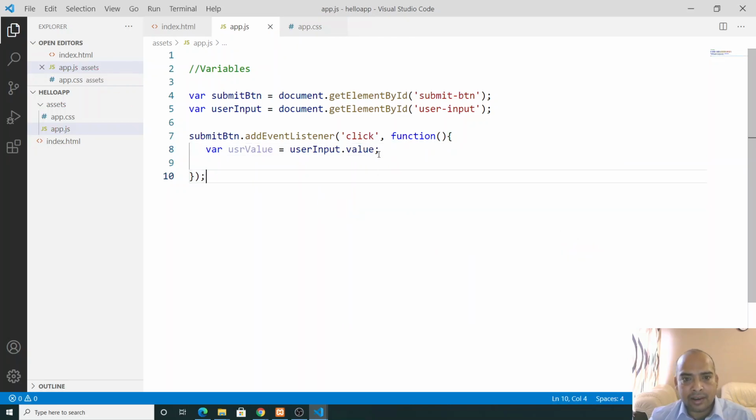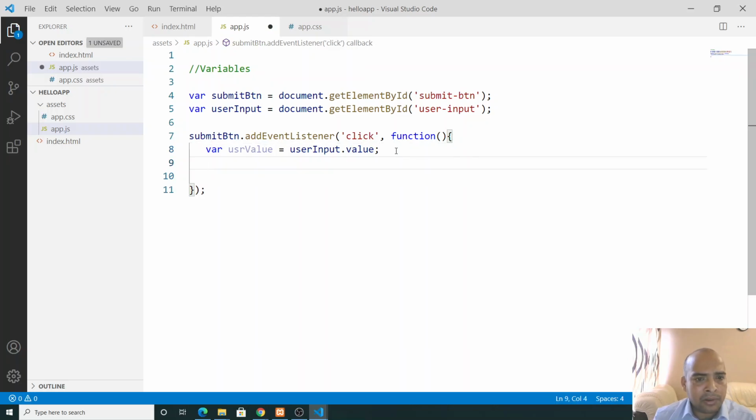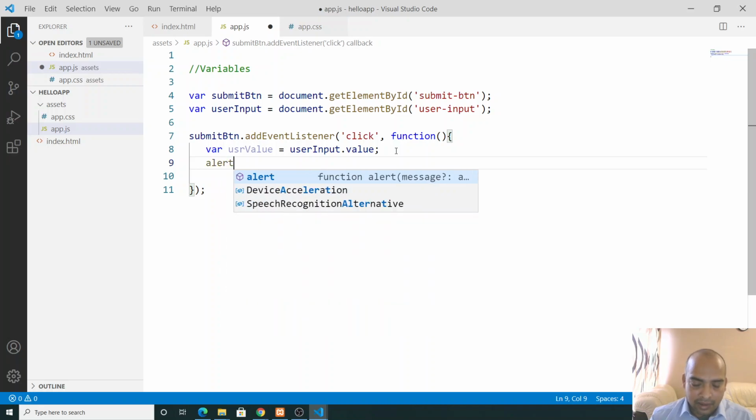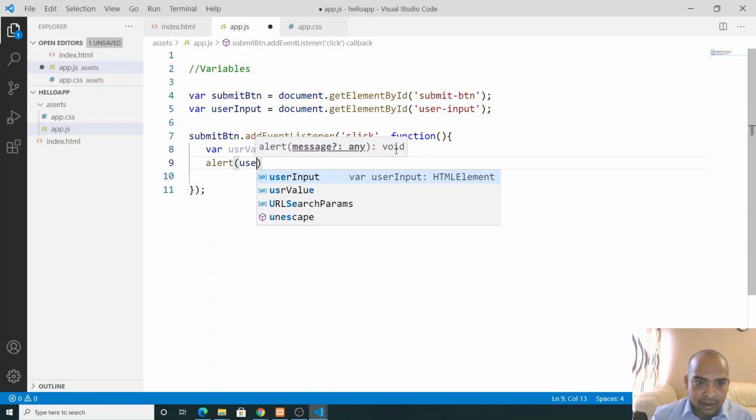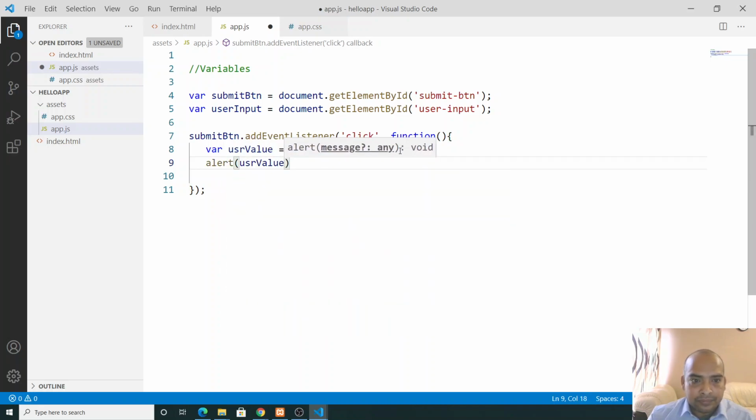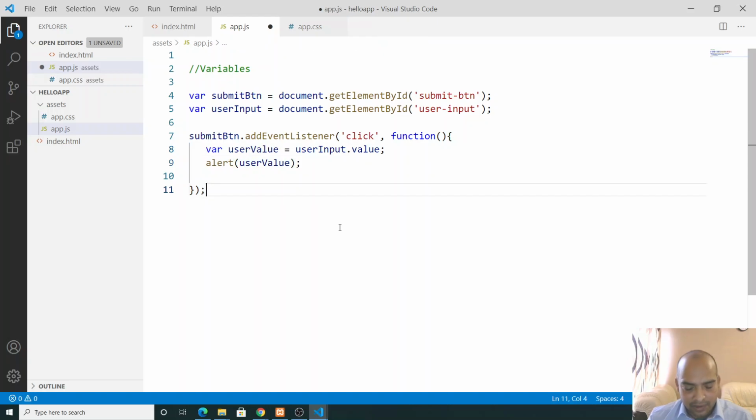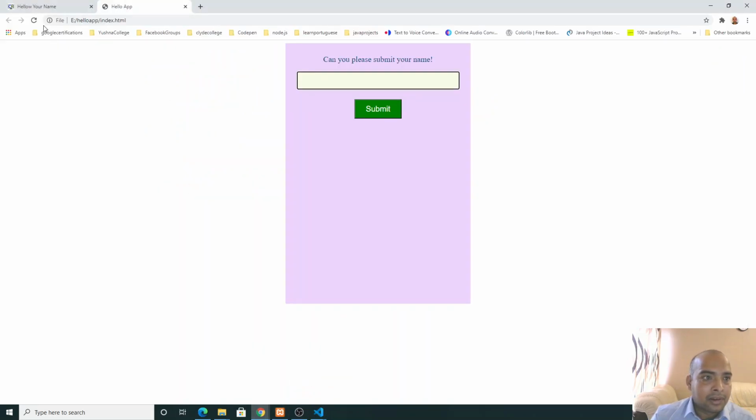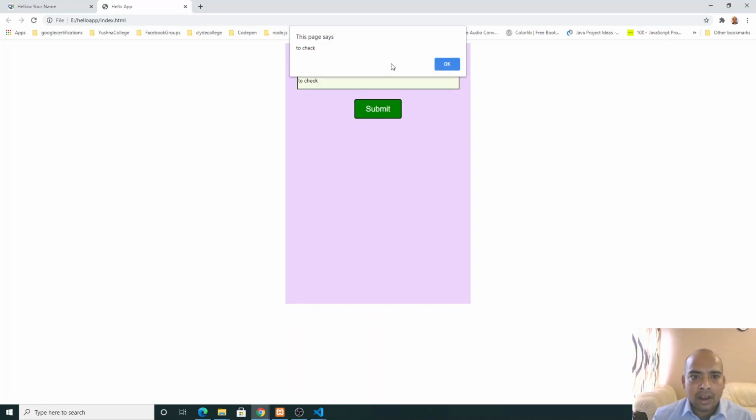Okay, and let's check if it's working. It's always better that we check our functionality in every step. Let's see, console.log, userValue, and let's check if it is working or not. Okay, I write something to check, and if I click, yeah, it works. That means we are receiving the value from